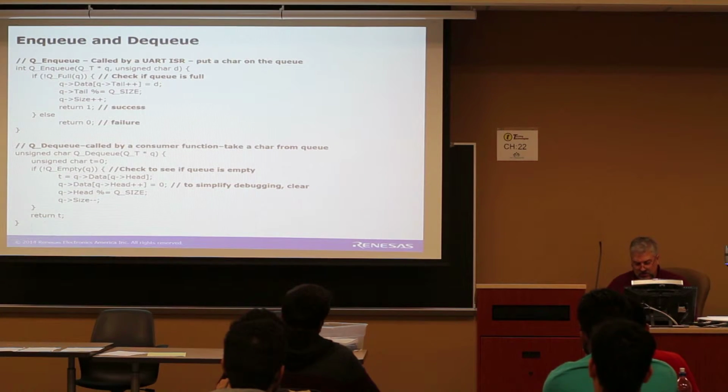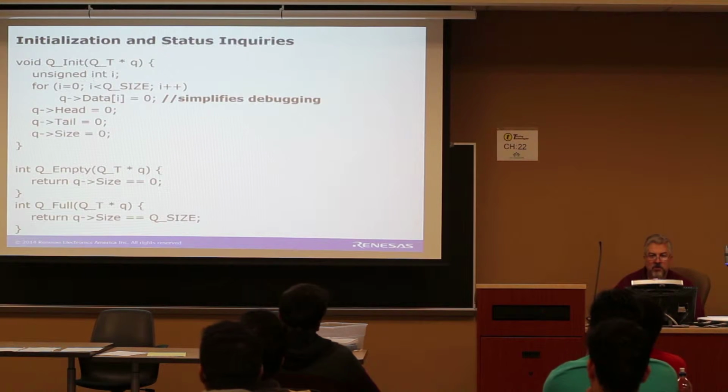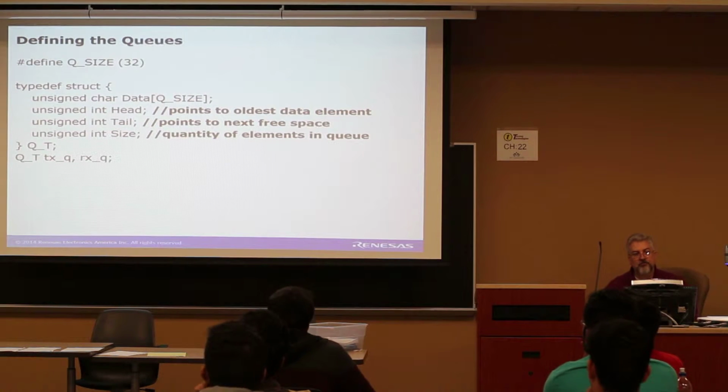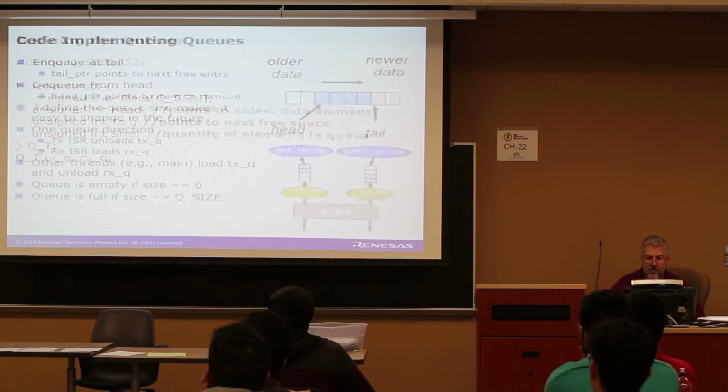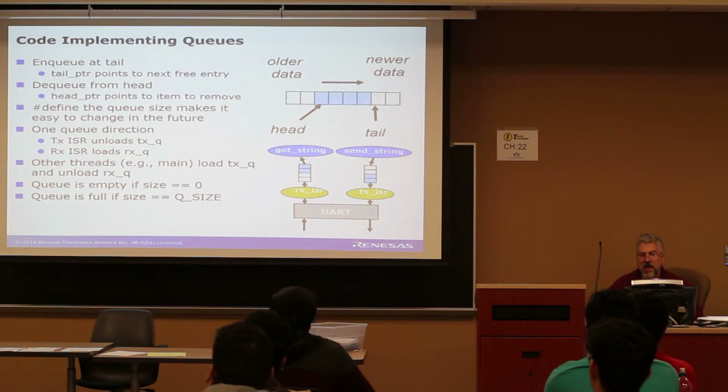So let's take a look at this one in more detail. Remember our structure, and this is important to remember, that our structure is identified to have a head, a tail, and a particular size of the queue. And by the way, the transmit and receive queues are the same structure. And if you remember correctly, we would have a situation where we have a UART hardware device,